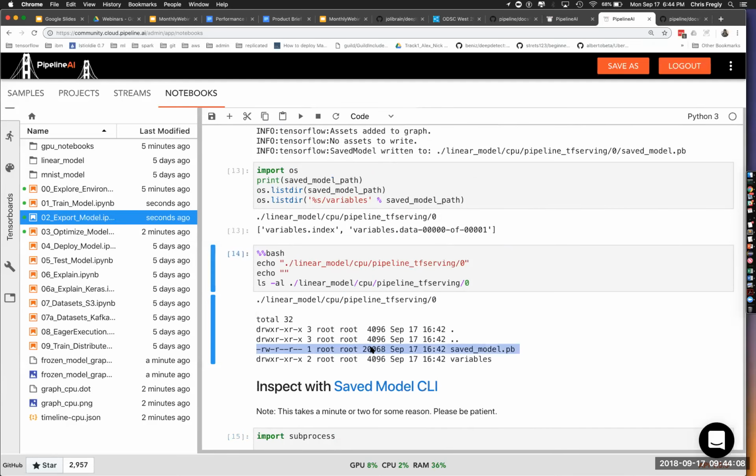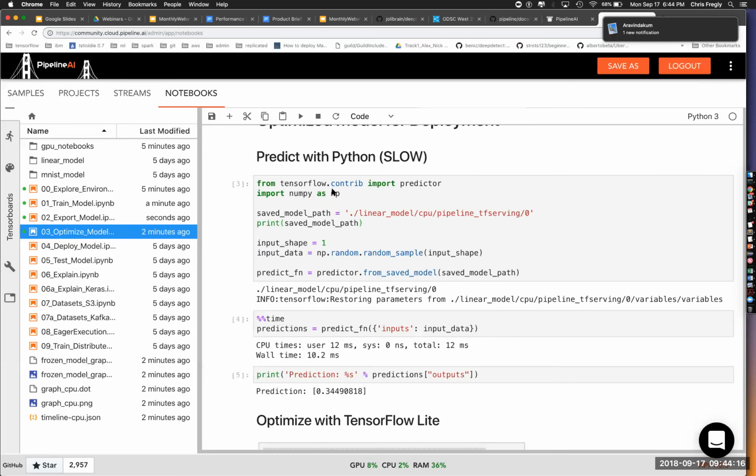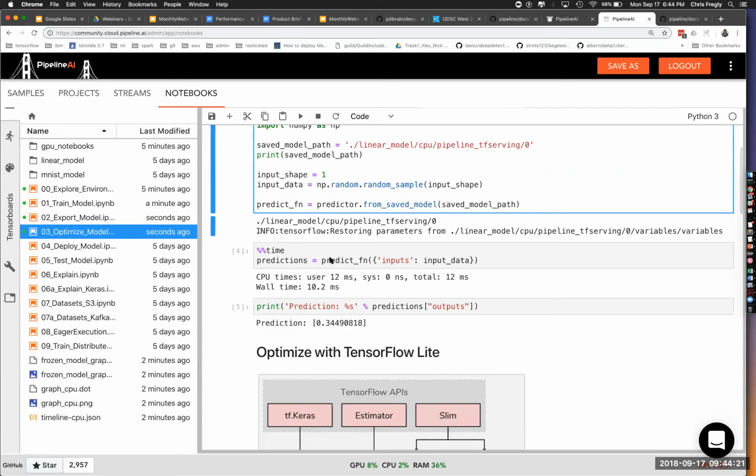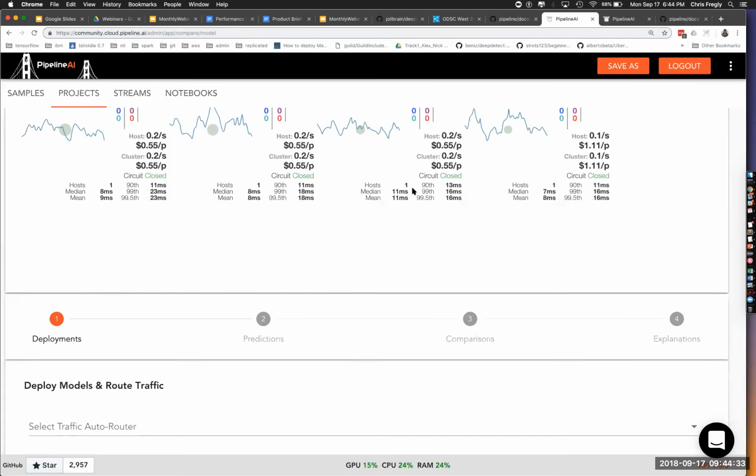This model that we trained, which is just linear regression, is about 24K. Now we're loading it up and predicting, and this took 12 milliseconds. I ran through this quickly and now I'm going back and explaining it. That seems pretty good, and it lines up with what we're seeing back here.